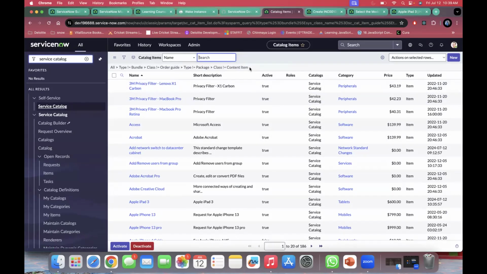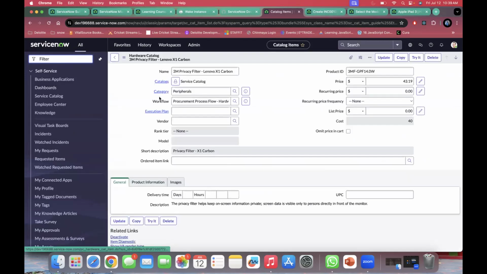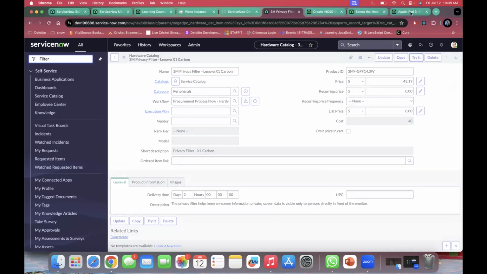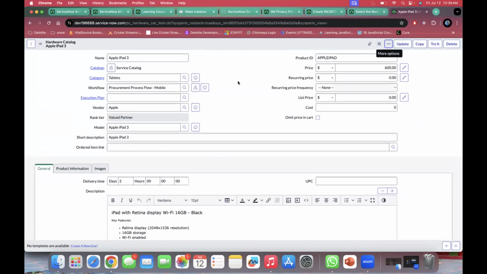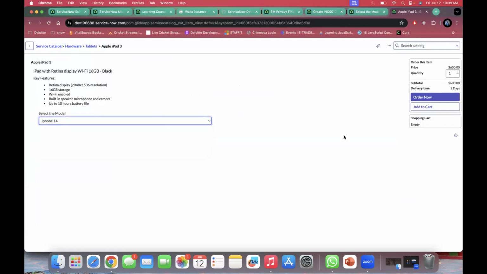Now Manaswini is going to explain record producer. This is the second part of the service catalog items. So basically service catalog items will create a request at the end. All of you guys have created a service catalog item, right? So now just select one option, click on order now,